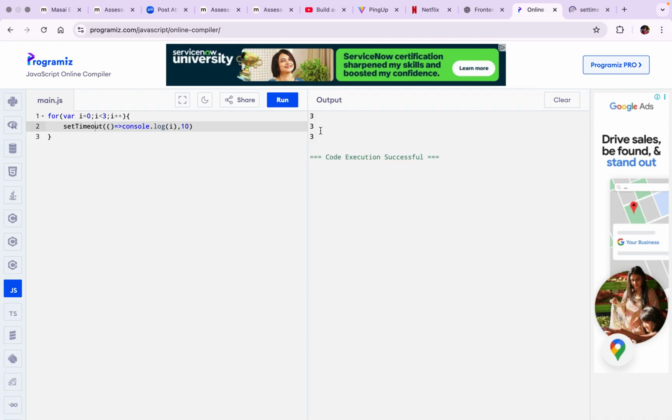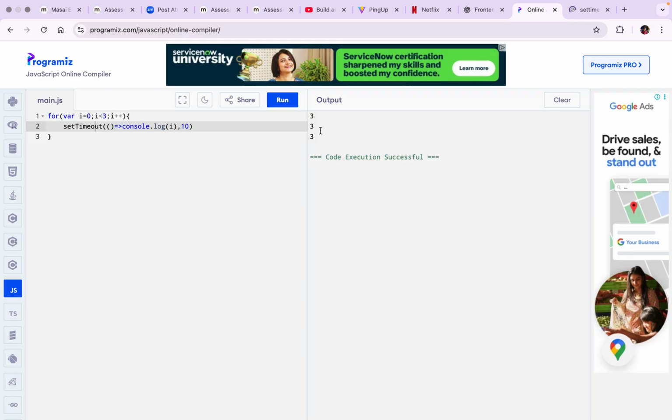Suppose when I write here for let i is equals to 0, here we can see the value is incrementing because let creates a new binding in every iteration where var doesn't. So basically this is the difference.